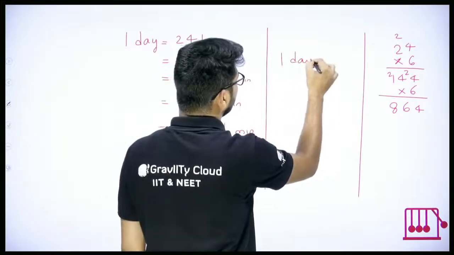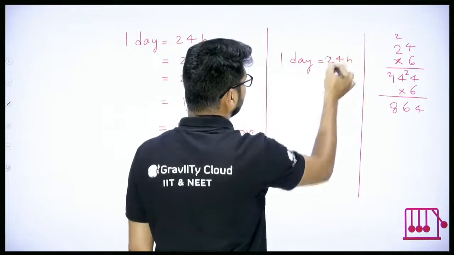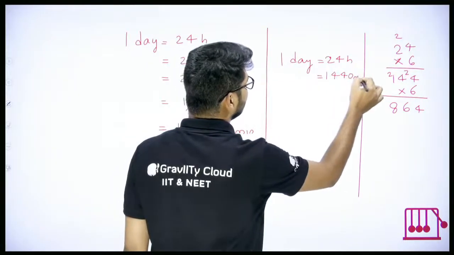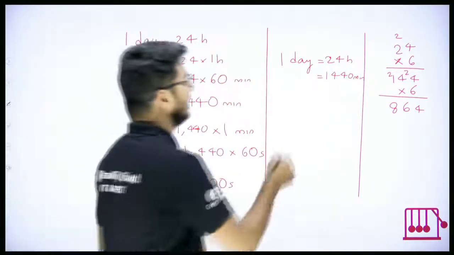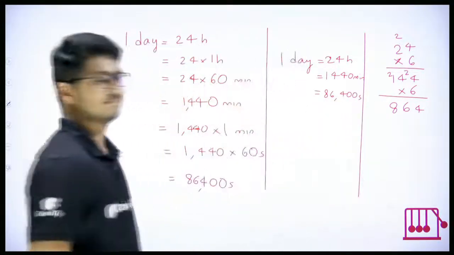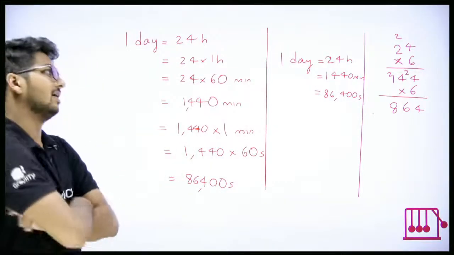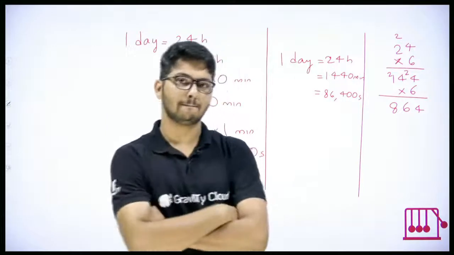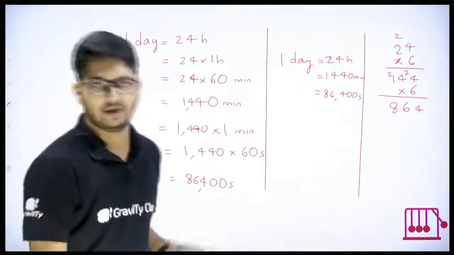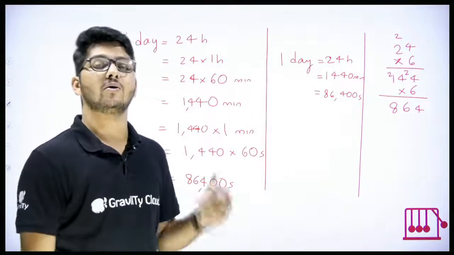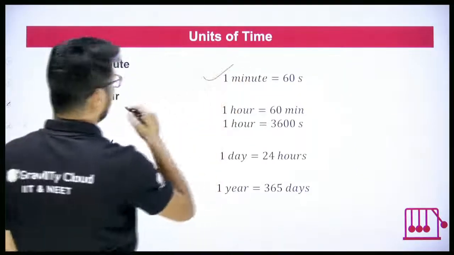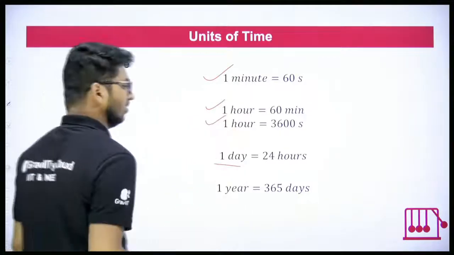That means 1 day is equal to 24 hours. The same 1 day is equal to 1440 minutes and it is also equal to 86,400 seconds. Clear? Good? Okay, wonderful. So we learned about 1 second, 1 minute, 1 hour, and 1 day. You can clearly see here: minute, done; hour, done; 1 day, 24 hours,